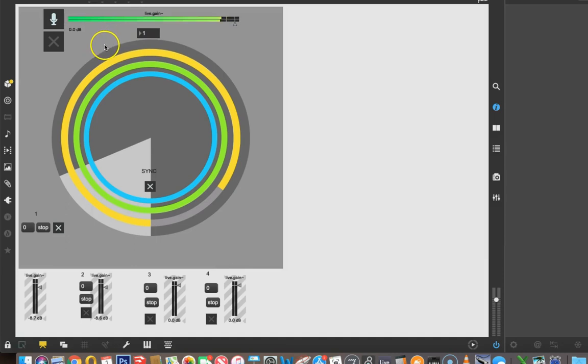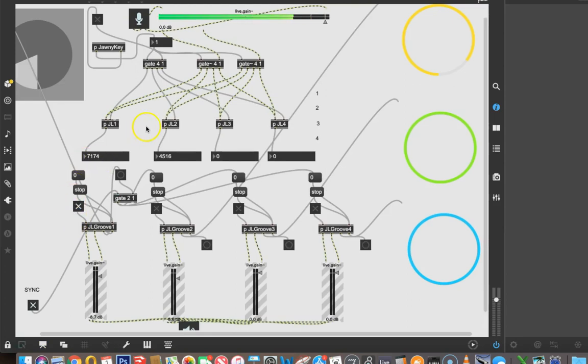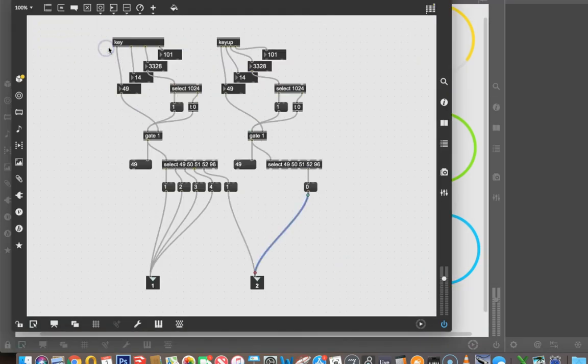And if you're thinking, hey, instead of having to turn on these individual tracks and loops and things, maybe I could have them toggled using this key command. And the fact of the matter is that you could. So let's go ahead and look at that. Going back into patching mode here and opening this,